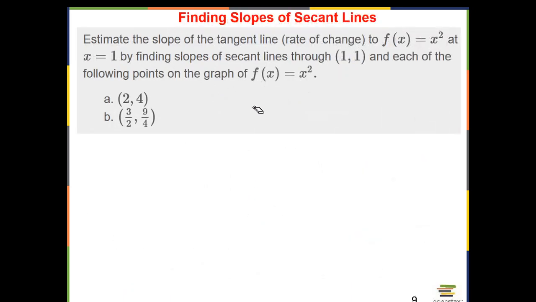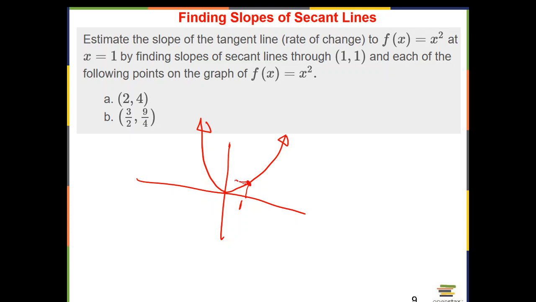So let's use that idea to find slopes of secant lines. Estimate the slope of a tangent line, the rate of change of f of x at x equals 1. So the idea is, let's say we have this function x squared, which looks like this, and then here is 1, right, the point (1, 1). Of course, the y value at 1 is also 1, right? So what we want to do is find the rate of change at this point,